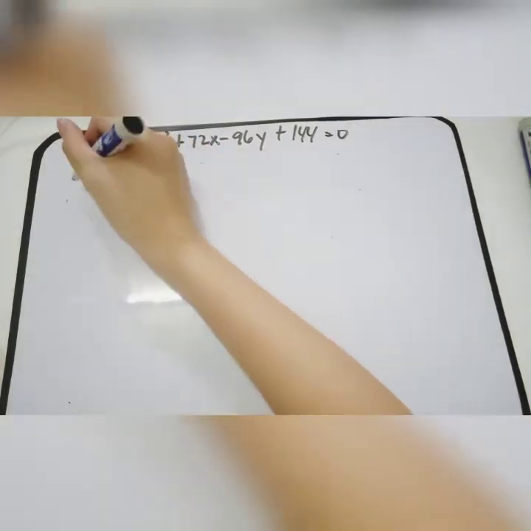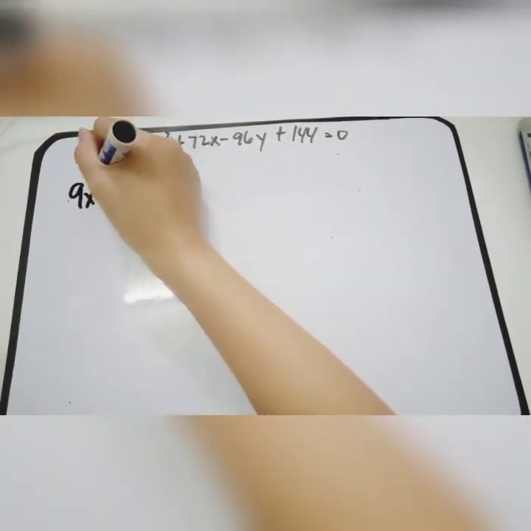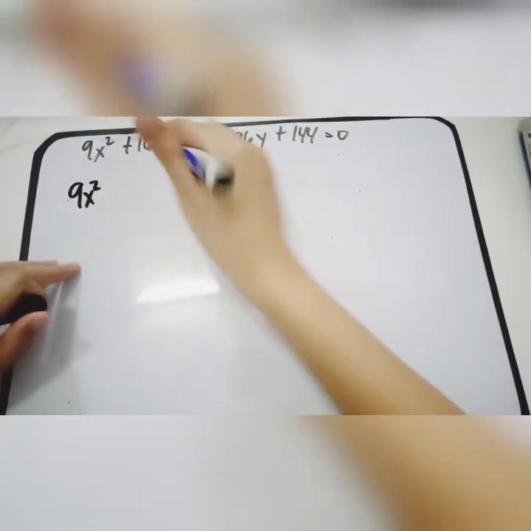Okay, let's have another example. 9x squared plus 16y squared plus 72x minus 96y plus 144 is equal to 0. So the first thing to do, having this equation, is combine like terms. Pagsasamahin natin si x at saka pagsasamahin natin si y, and then yung constant, i-transpose natin sa right side ng equal sign. So 9x squared and then si